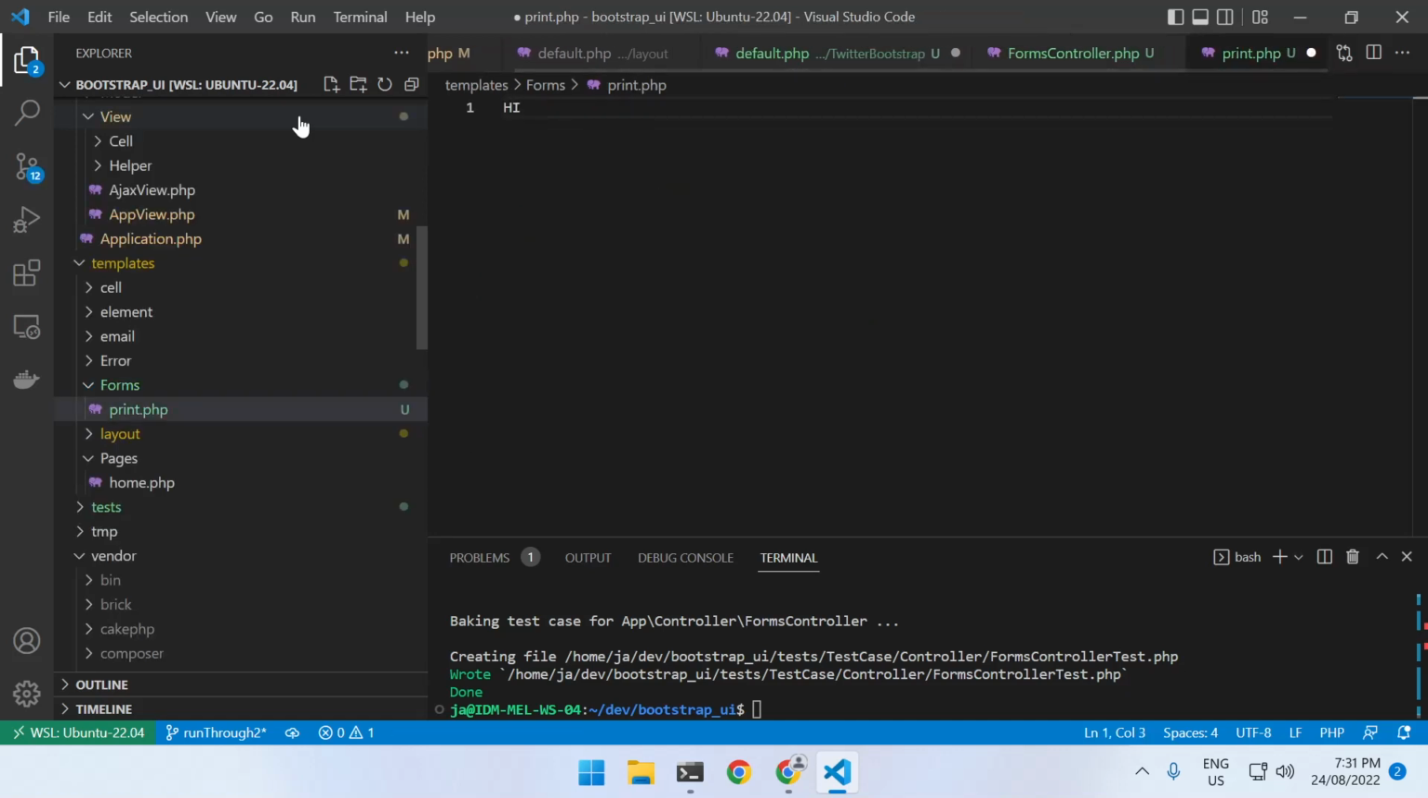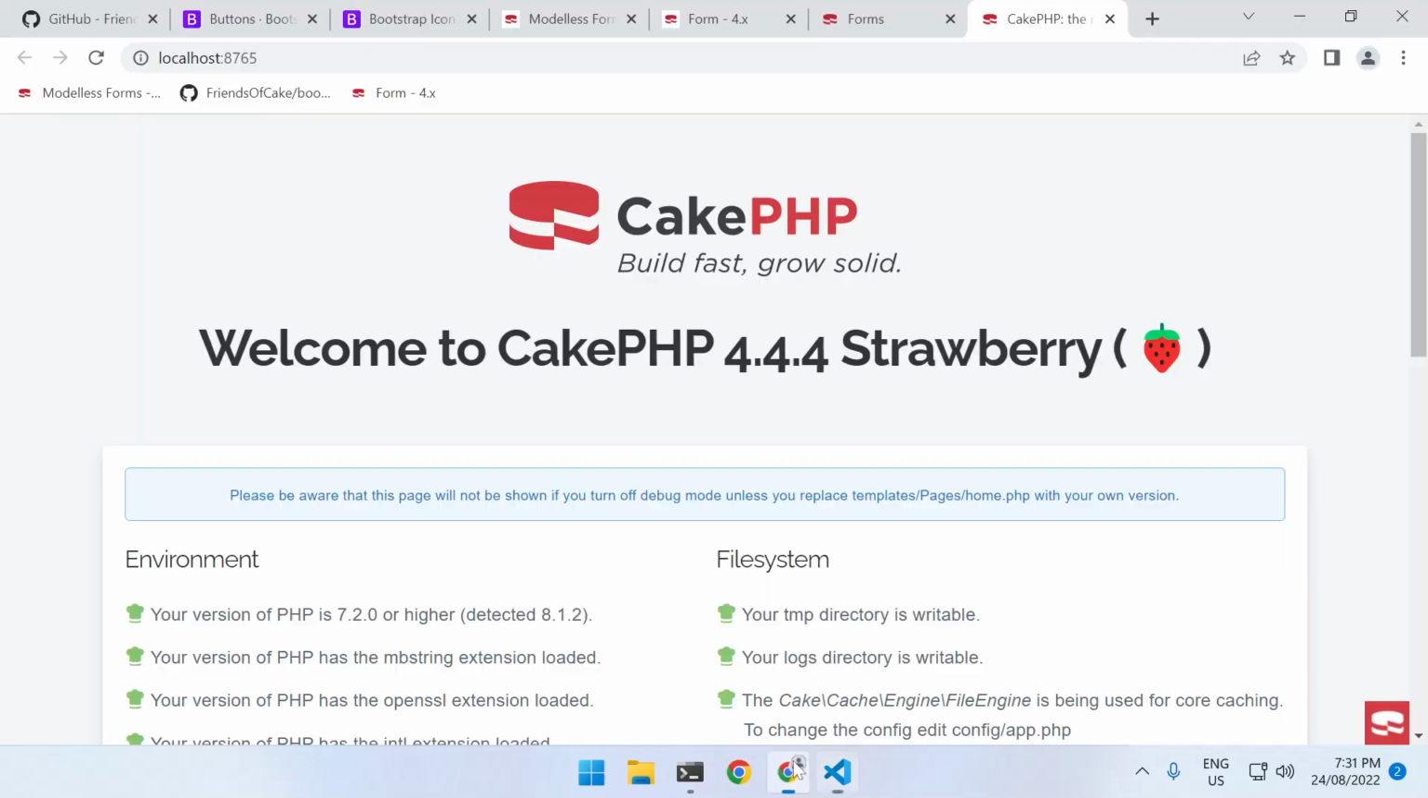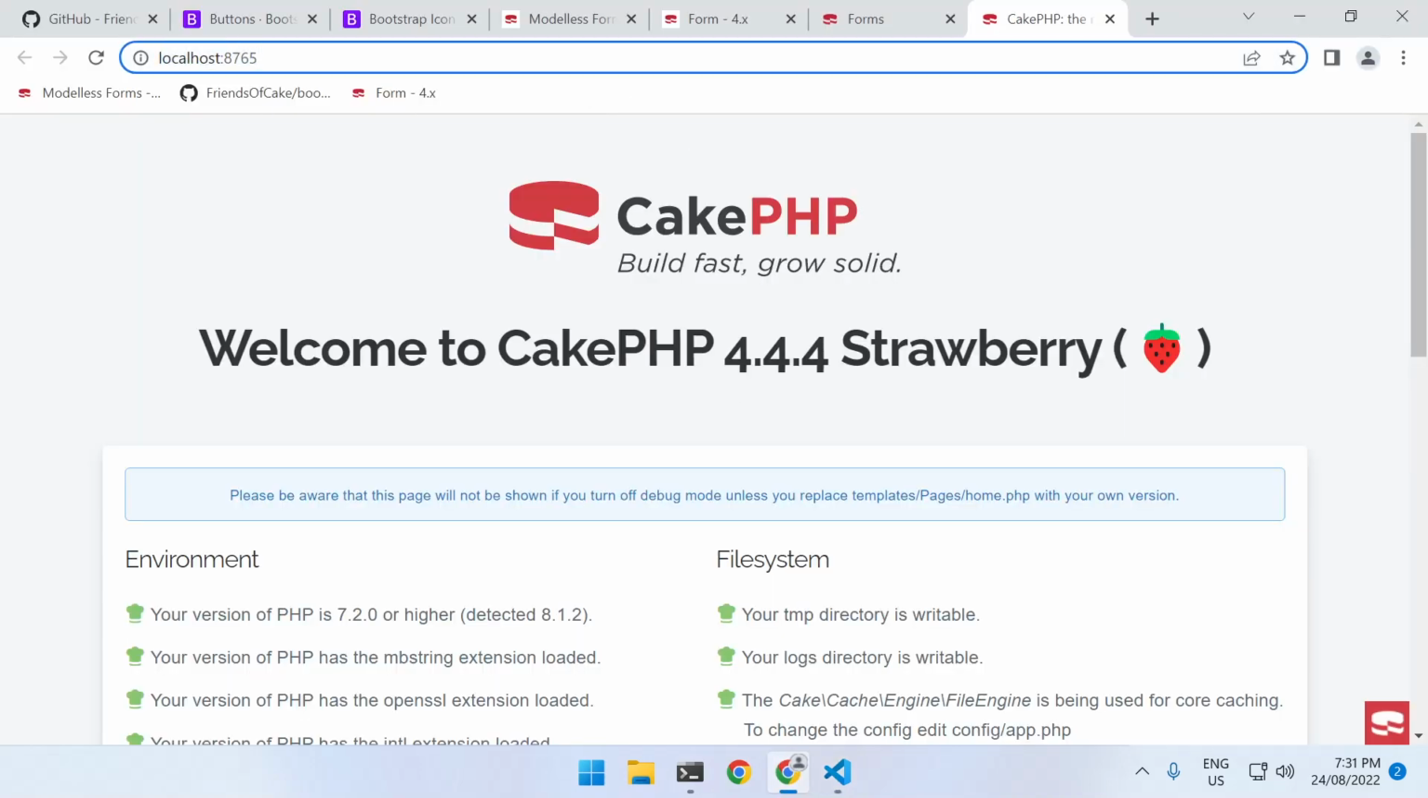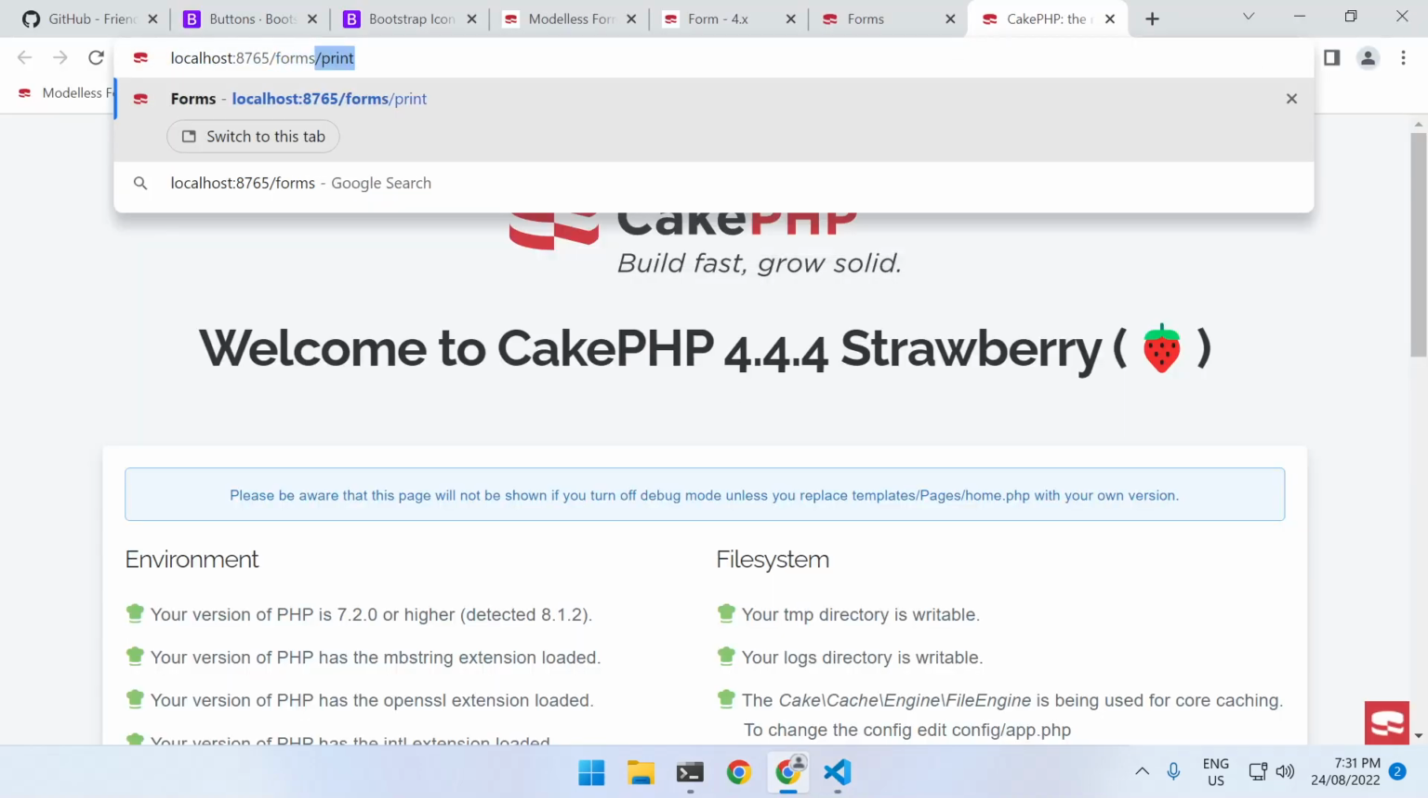Now, if we just type in that, and then we specify forms and print, notice that we get a hi, and then we get the copyright symbol in the wrong spot. So what more do we need to do to now enable this to make this Bootstrap UI